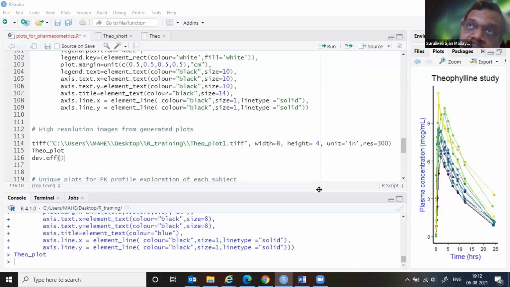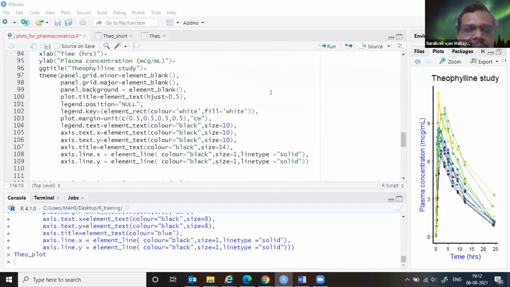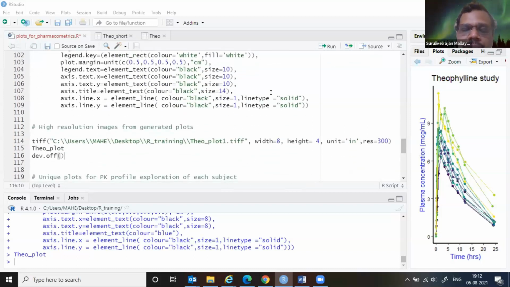When you have this data within 1 hour, you may also want to have breaks. What kind of breaks do you want? For example, 0.25, 0.5, 0.75, or every 0.1 units. If your data is like that, then you can give finer breaking points. Then you do a plot. You do 2 separate plots. Then we can create a panel of plots in which we keep the plots side by side.